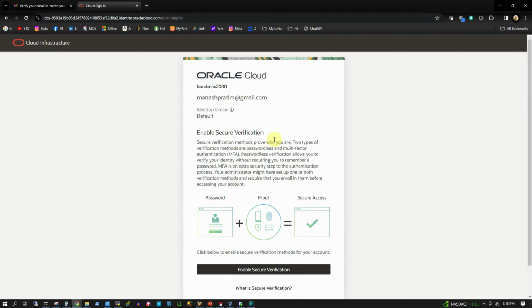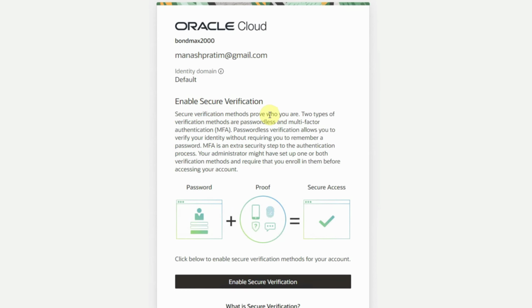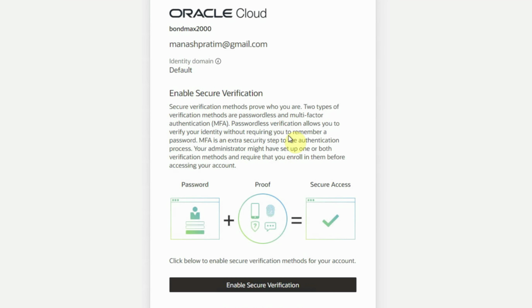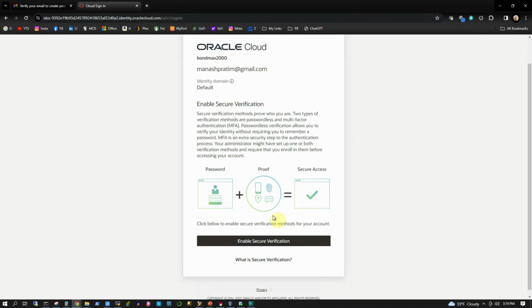And in the next screen, it will ask for enabling the secure verification, which is a must, and without doing this you cannot log in. So secure verification method proves who you are. Two types of verification methods are passwordless and multi-factor authentication, MFA. So we are going to set up the MFA here. To do that, you must have your smartphone ready. So we'll click on enable secure verification,